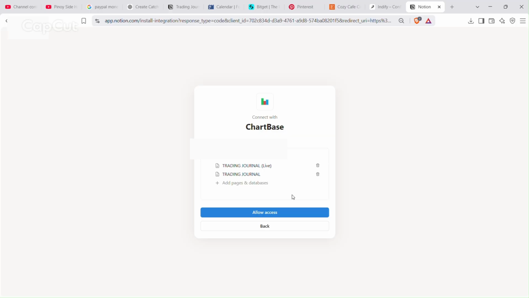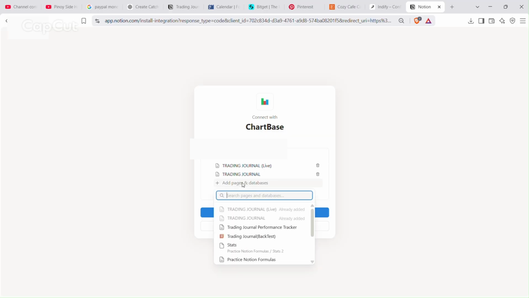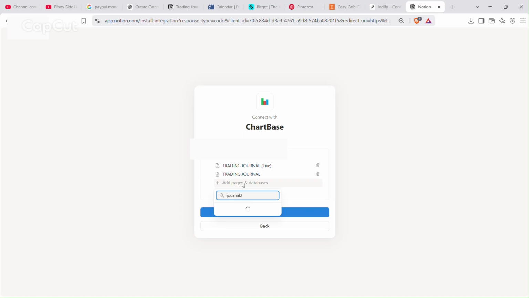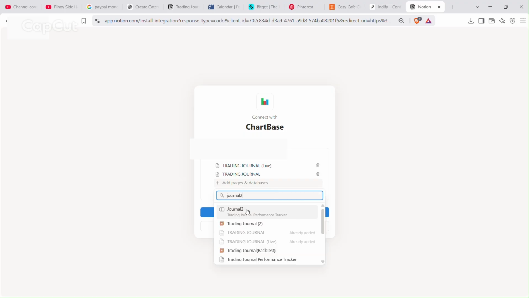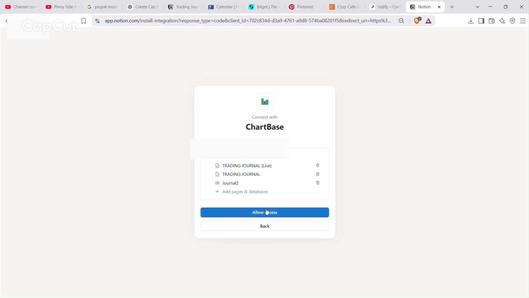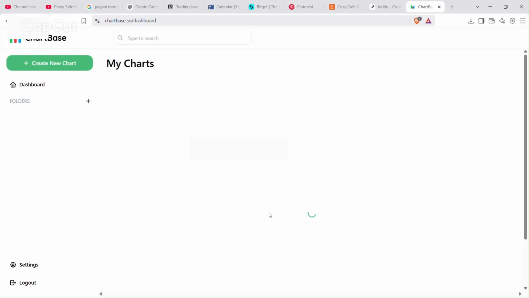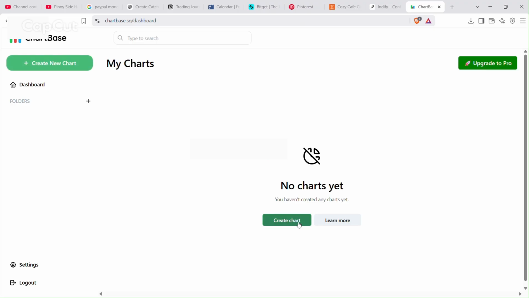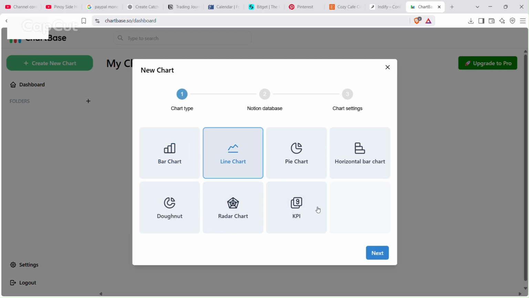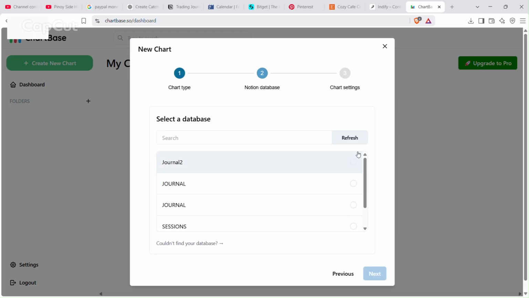So select pages to access. Add page. So okay, let us add the journal too. And then allow access, so we can access the journal too. And then create chart, line chart. Next. Journal 2.